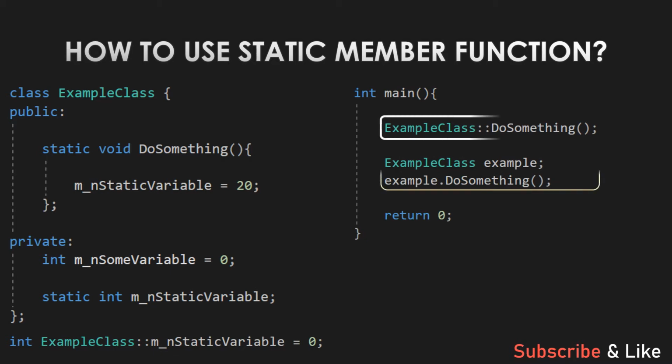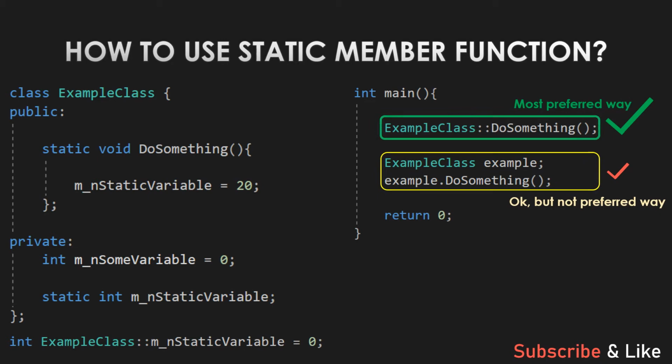The most preferred way of accessing the static member function is by using the scope resolution operator as shown here. This makes the code more readable and clearly indicates that the functionality is not associated with any object state and the function is a static function. Yes, you can access the static member function using an object of the class, though it is not required at all. This method of coding is least preferred, as users or developers might assume that it is a normal function call.